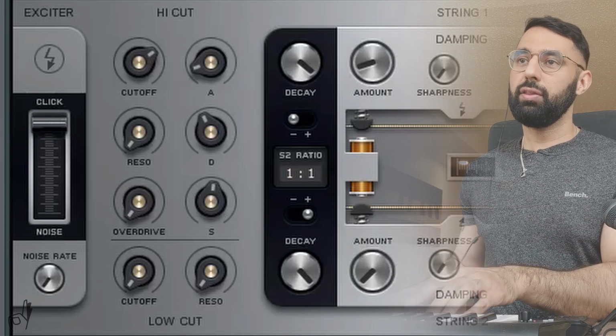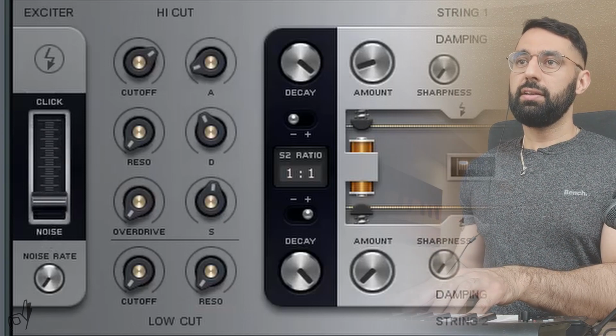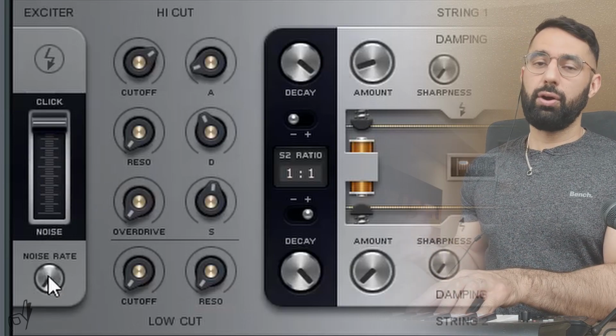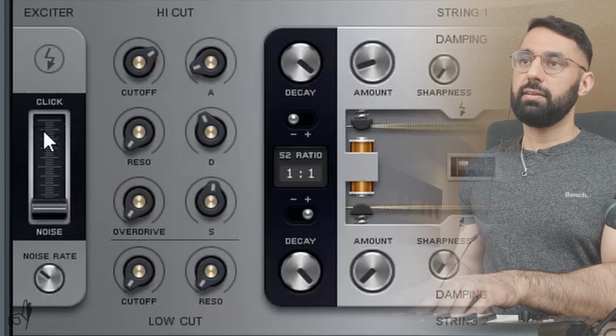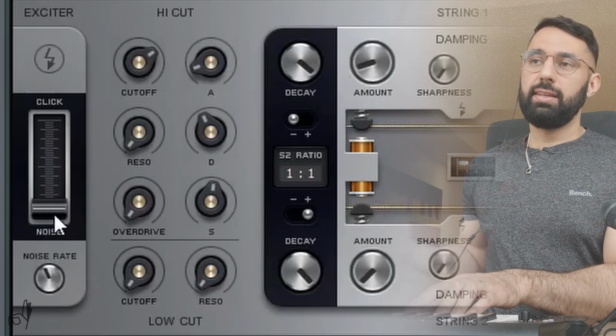Taking this fader and putting it all the way to the bottom is going to add constant noise to our sound, whereas putting this near the top is going to have a more plucky noise. And the noise rate down here controls the tone of the noise that we're going to be introducing. So if I set this all the way down, you guys can hear. But if I decrease the fader,